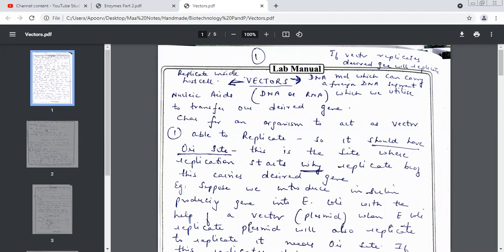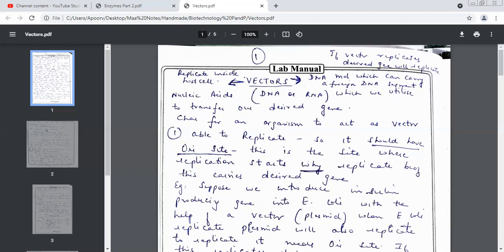So what is the second property? The vector that you're carrying should be able to replicate inside the host cell. That vector should have a power of replicating, meaning the power to make many more copies like itself. So the plasmid which is carrying a foreign gene should have the power of replication. As soon as it enters the host body, one plasmid will produce 4 more copies. So 4 more genes are produced. Those 4 plasmids will again replicate and produce more copies, so more number of genes. Because one gene will do nothing.